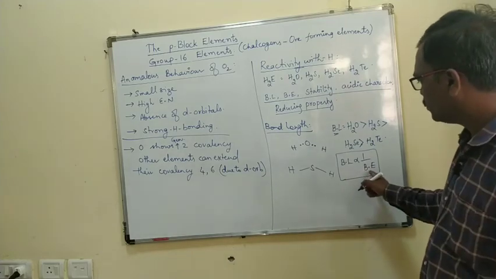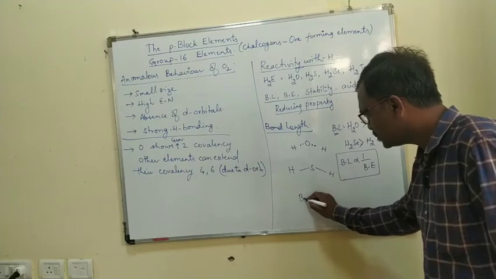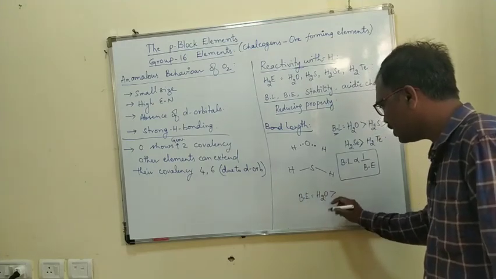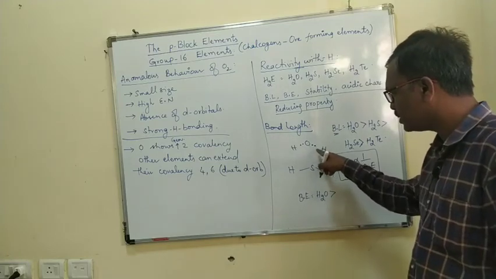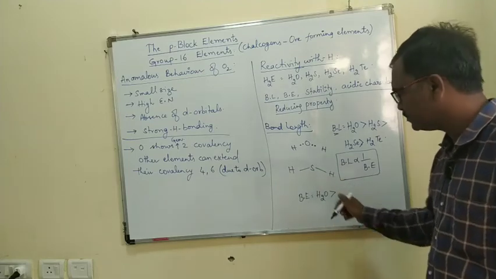So which compound has the more bond energy? H2O has the more bond energy. If you want to break the O-H bond, you have to give more energy compared to H2S, right? So